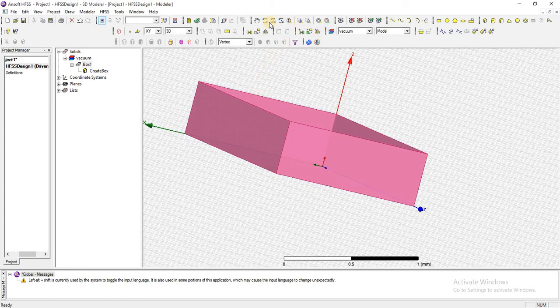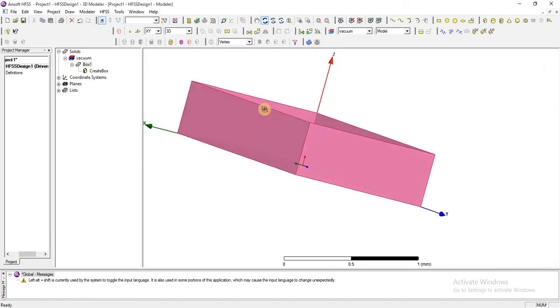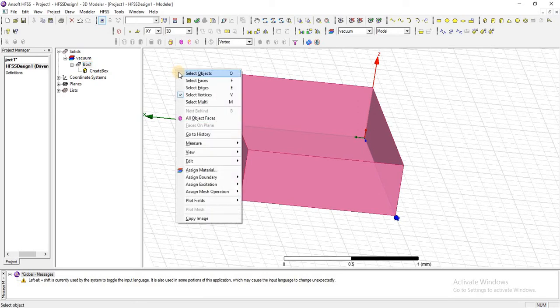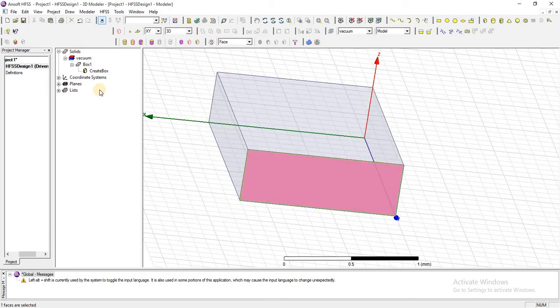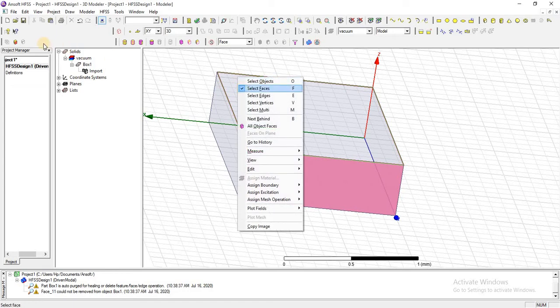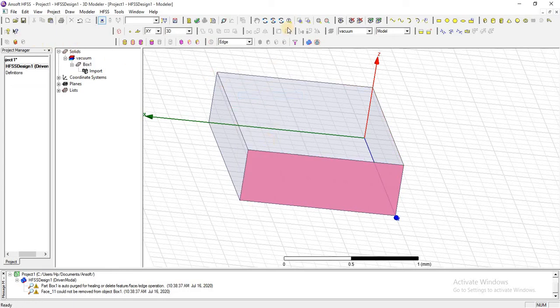Now we will see how the heal command works. First select the face and edge which you want to heal. I want to heal this face. Just click on that face. Similarly, if I want to heal the edge